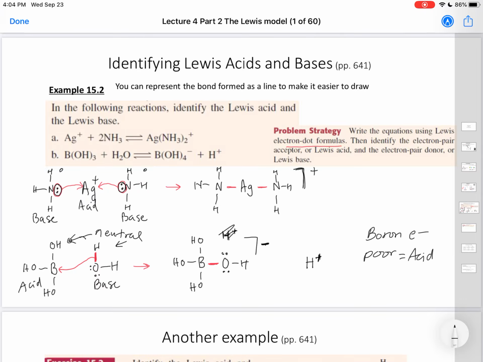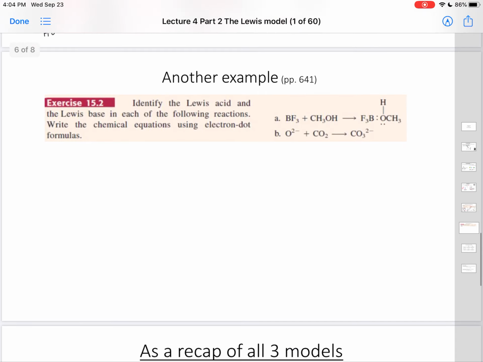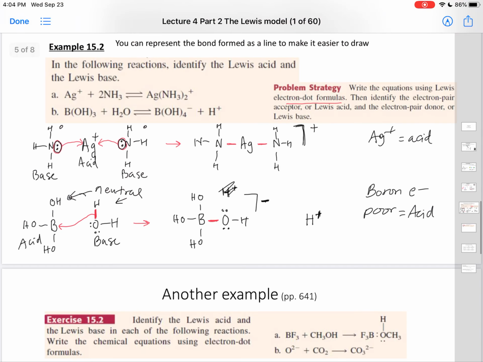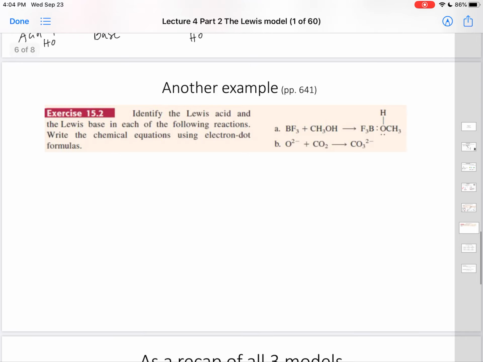So it is always your acid because it's your electron-poor or positively charged species. Here your silver is positively charged, so it must be your acid. Okay. Let's look at one more example, and you will have to draw these on your homework,